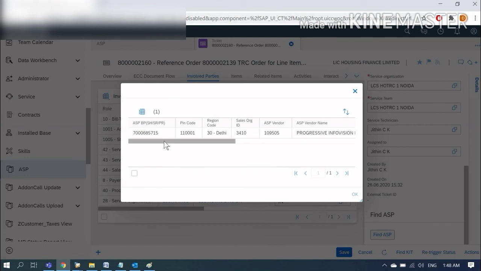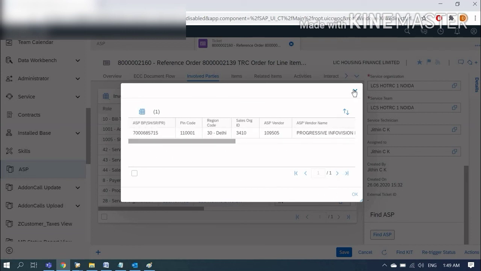Where is this one line of data coming from? This one line of data is coming from a master data which I have created as a custom business object. I will show you that later.